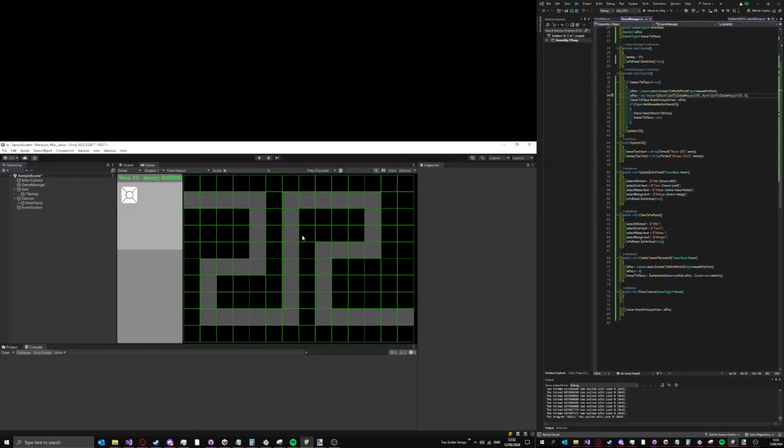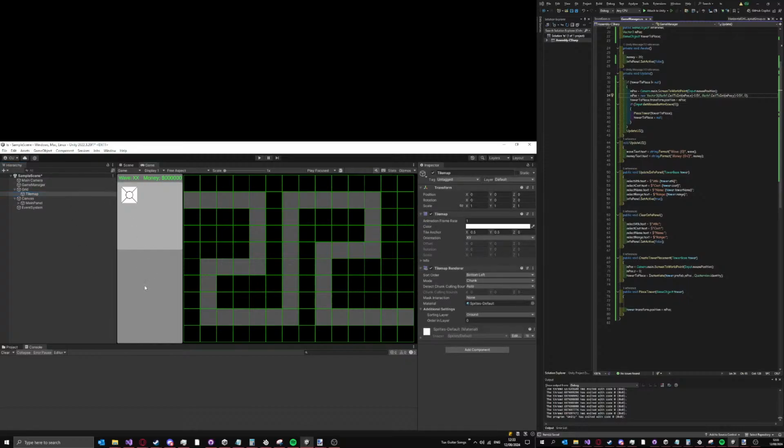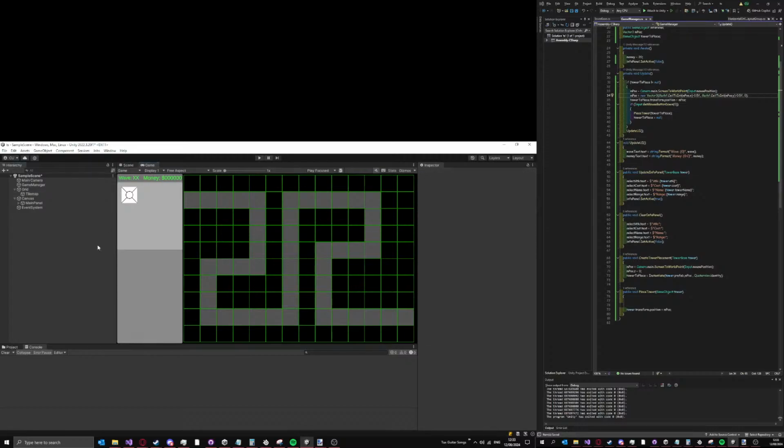So now I need to check the bounds of the level, right? So this level is 1, 2, 3, 4, 5, 6, 7, 8, 9. It's 10. 10 by 14. So it's 140 tiles. All right, I think the way that I want to do this is